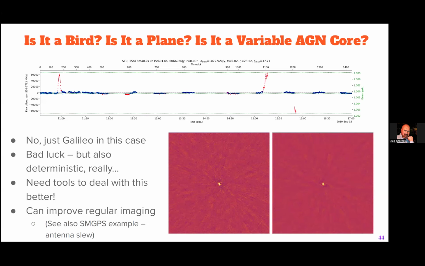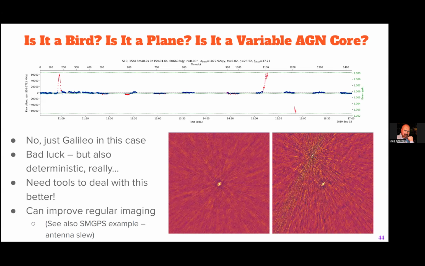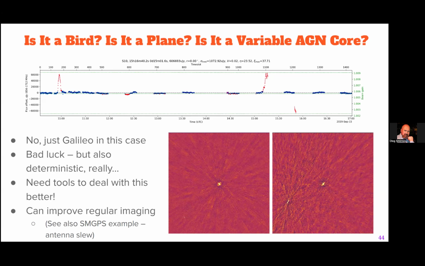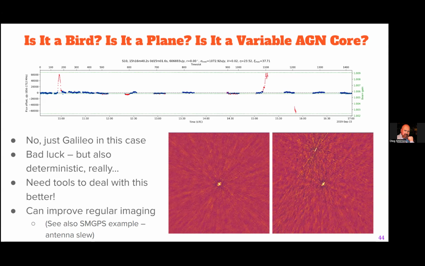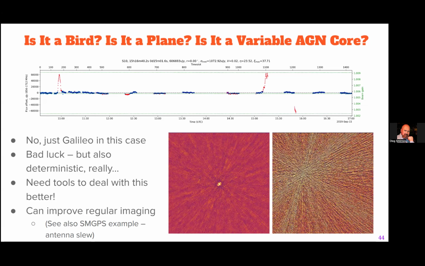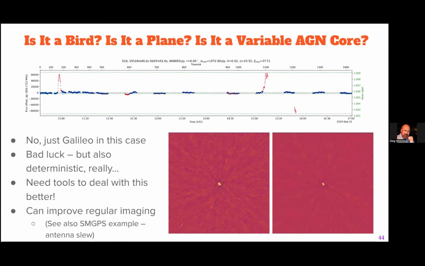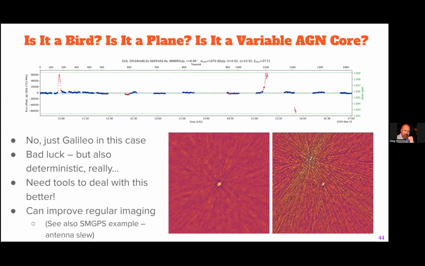Well, I mean, technically it was a UFO, right? Because it was definitely flying and it took me a while to identify it. So it turns out ChatGPT is super useful for these situations, right? Unless you have a student you can throw the problem at. Basically, I just measured how quickly this thing was moving. I asked ChatGPT, okay, if I've got an object that's moving at this angular velocity, if it's in orbit, where is it in orbit? Turns out it's Galileo. So we just had the blind bad luck to schedule our observation when the AGN was right next to a Galileo flight path. So it ended up buzzing through twice, and especially in the second instance, you can see it's